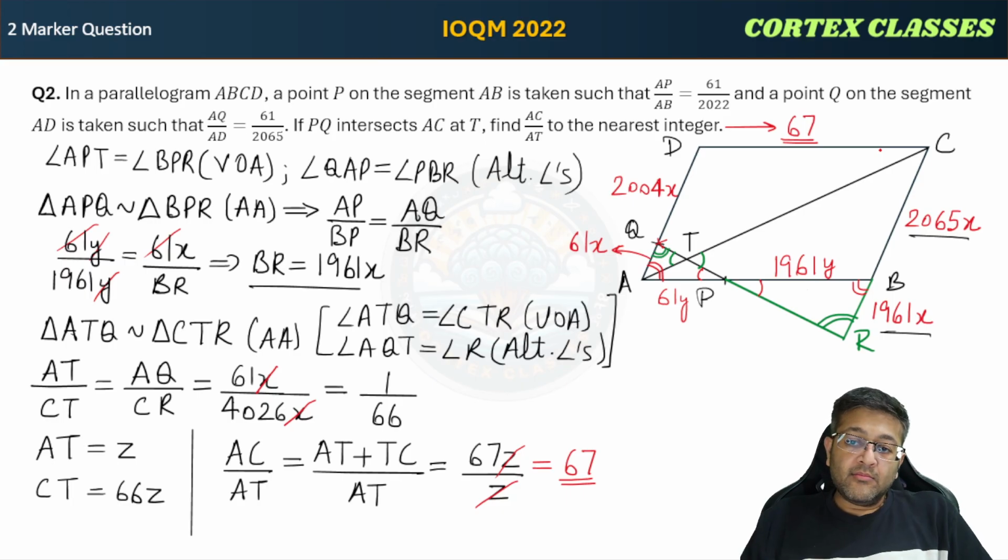Right guys, so again, this question is also based on geometry and you can solve it using similarity very easily. Not at all difficult. You should just be comfortable with the ratios. This much you will have to do. Because if you're preparing for Maths Olympiad, this much is just the beginning. So this much should come to you, this much should be clear. If you're able to do it, that is very well and good.